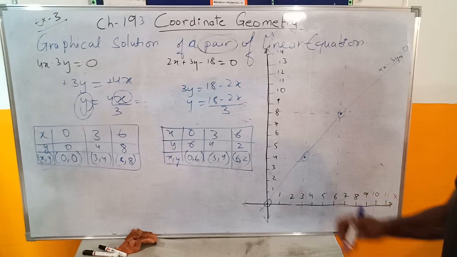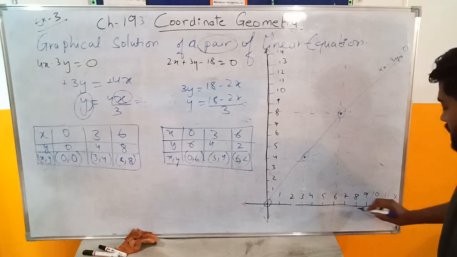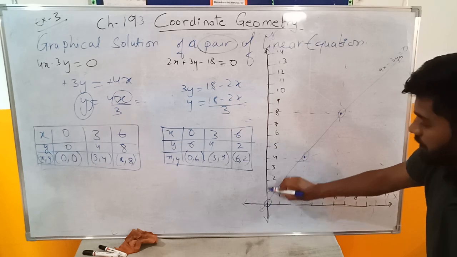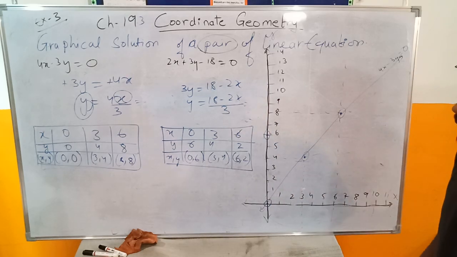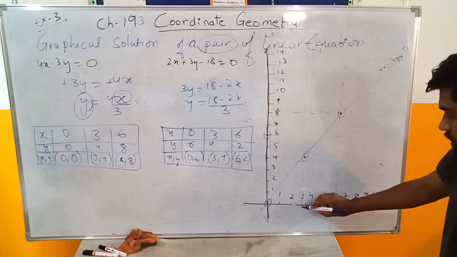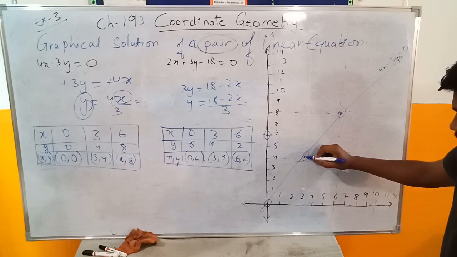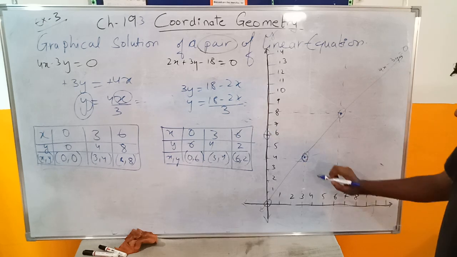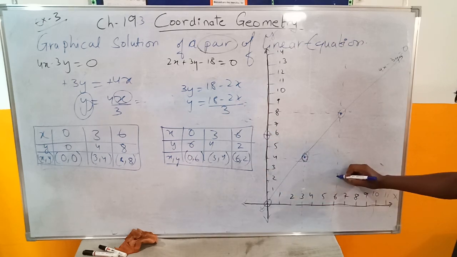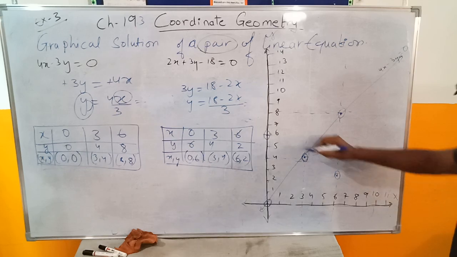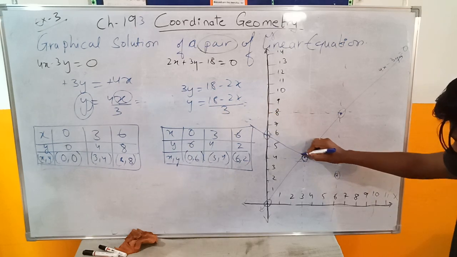Okay. Next, I'm gonna make 0, 6. Where is 0 on the x-axis? Over here. I'm gonna make a dotted line. And where is 6 on the y-axis? Over here. So the very first point is over here. 3, 4. 3, 4. Over here again. And then 6, 2. 6, 2 over here. So I can draw a line like this.